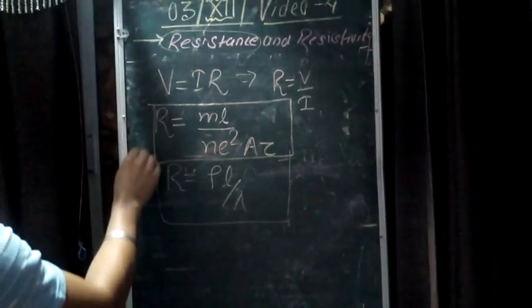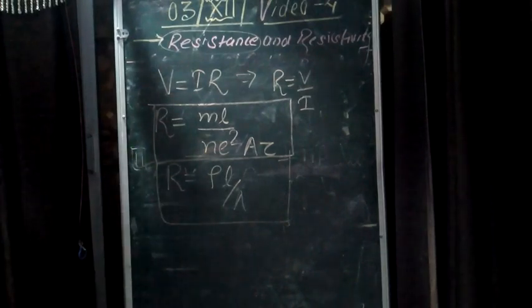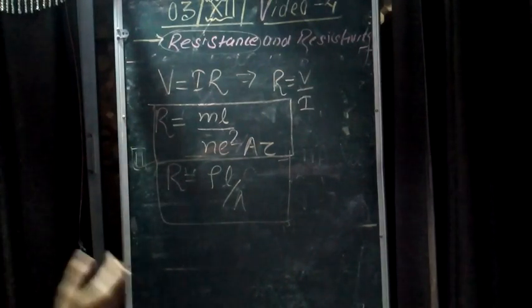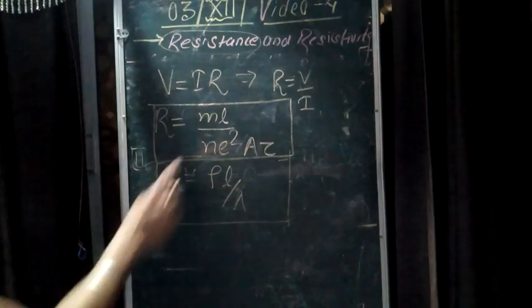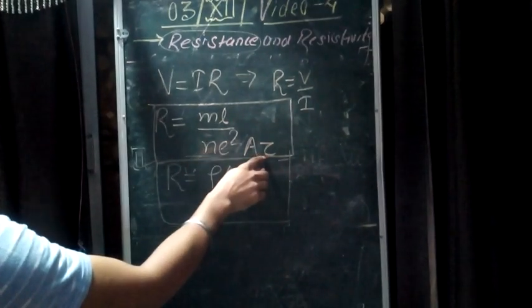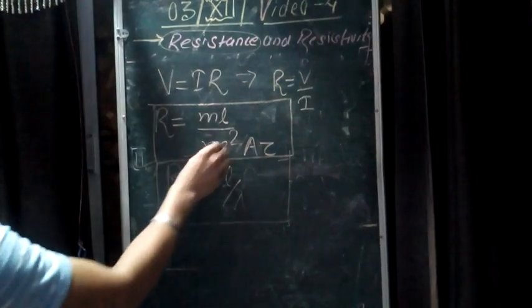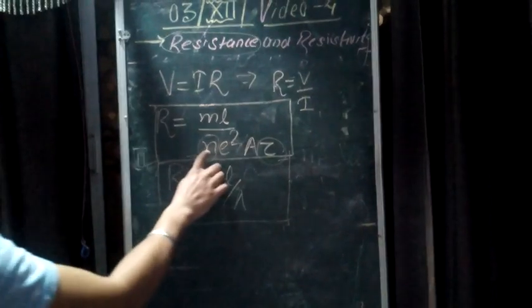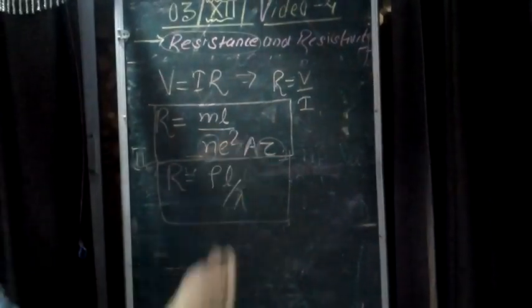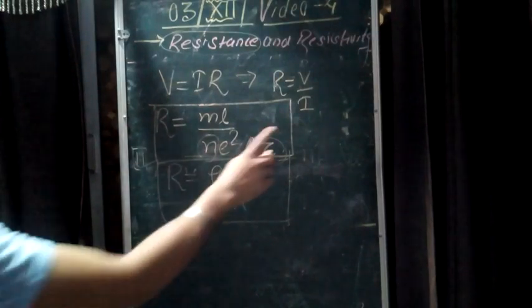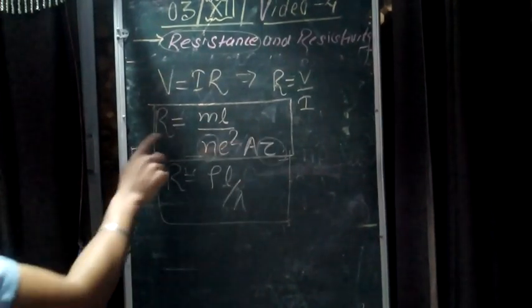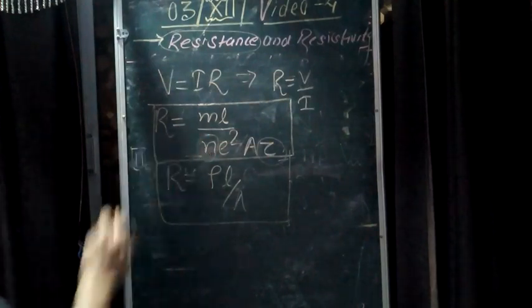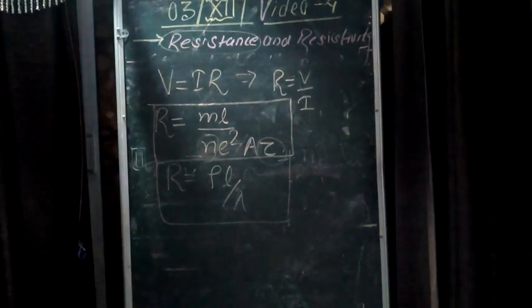So from these two relationships we can find that the value of resistance does not vary with number density and relaxation time, but also we can say that these two things, number density of charged particles and τ, sometimes vary with respect to temperature. So at constant temperature R never varies, it only depends on the dimensions and the nature of the material. So this is all about R.